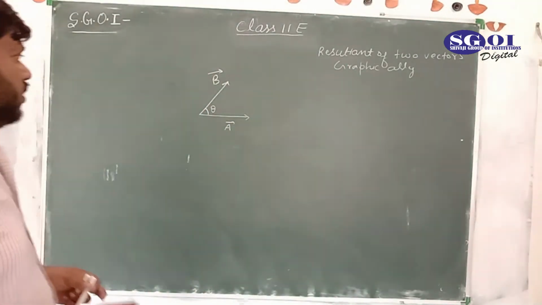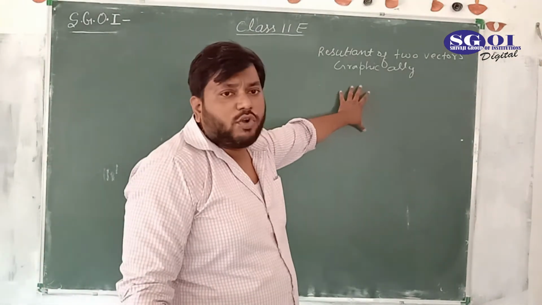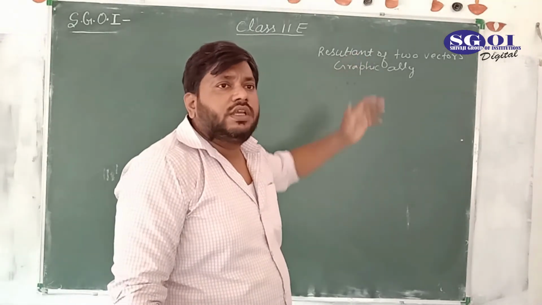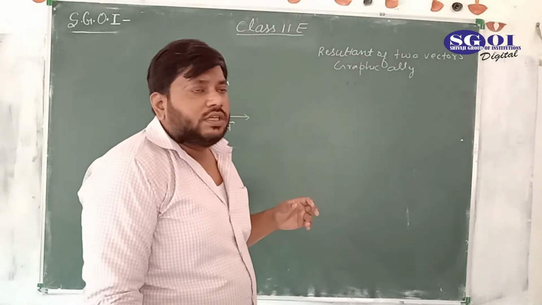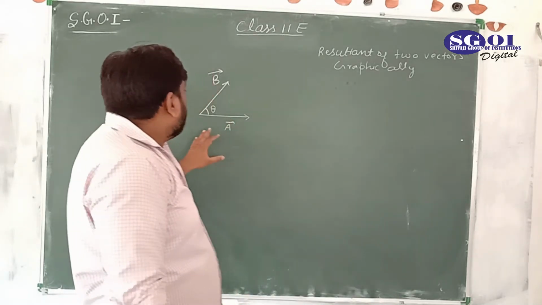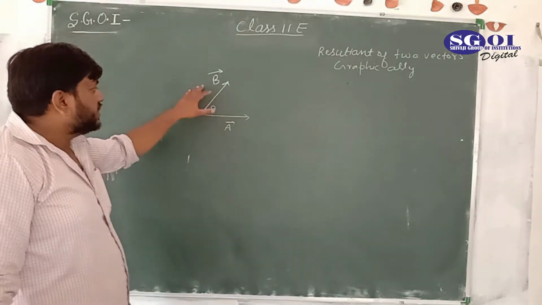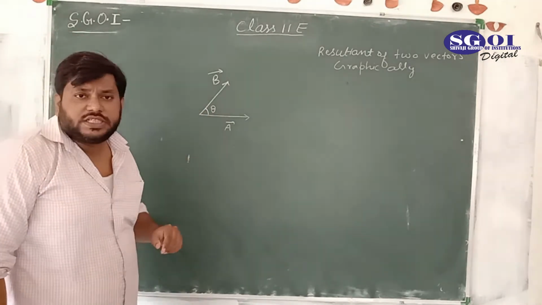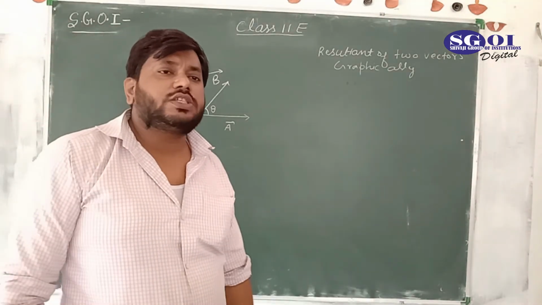Now we have defined the graphical method. Very important, because you will need this particular method in numerical problems, and basically where you would deal with the physical quantity which is a vector. Okay, now we have a mathematical version of this resultant. Suppose we want to find the resultant of these two vectors A and B, and the angle between both of them is theta. We have two vectors A and B, and we would like to find the resultant of these two vectors.